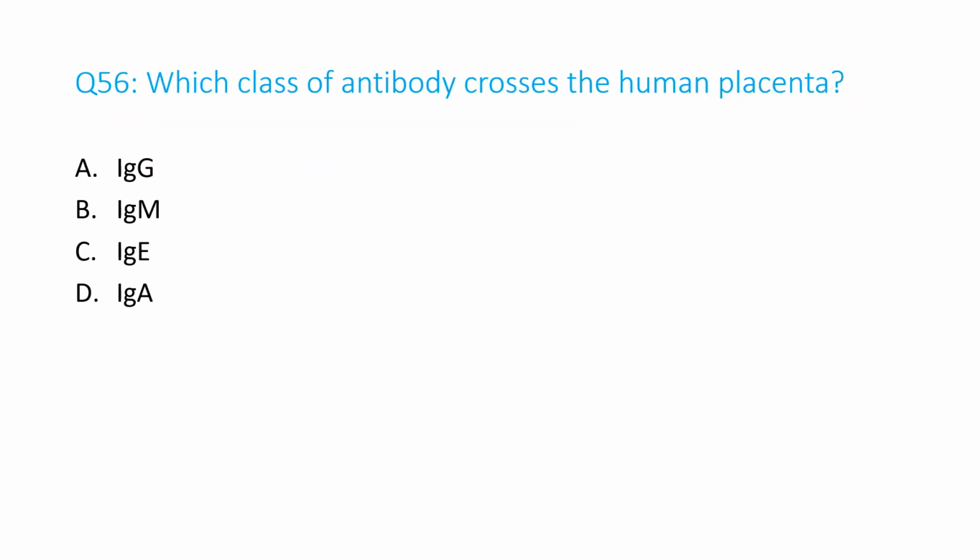Number 56. Which class of antibody crosses the human placenta? A. IgG, B. IgM, C. IgE, D. IgA. And the answer is